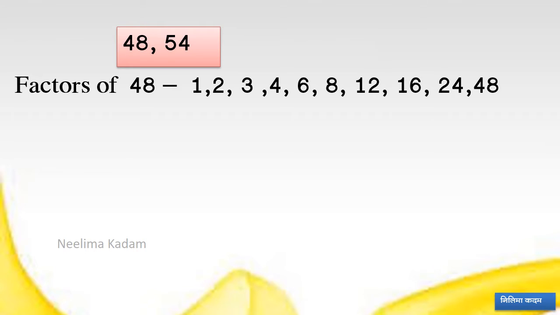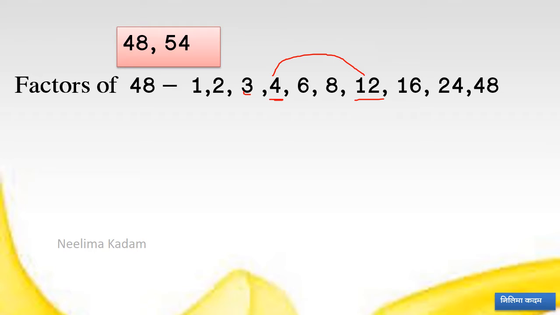Now dear students, listen. What we have to do? 1, 2, 3, divisibility test of 3: 4 plus 8, 12, 1 plus 2, 3, so 3. Then 4, yes. Then 6, 6 8s are 48. Now listen, 6 8s are 48, 8 6s are 48. Now here 4 is there. So after dividing by 4, we will get answer 12. So 12 is the factor. So 12 4s are 48.